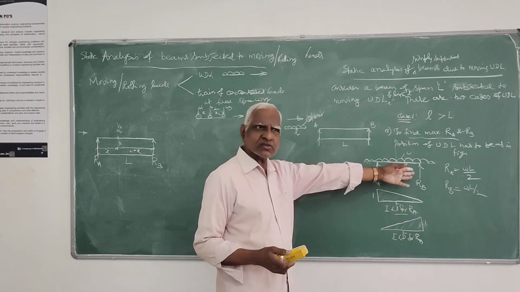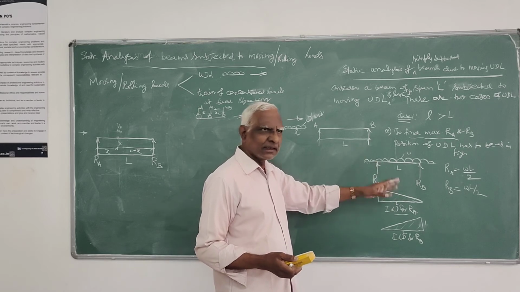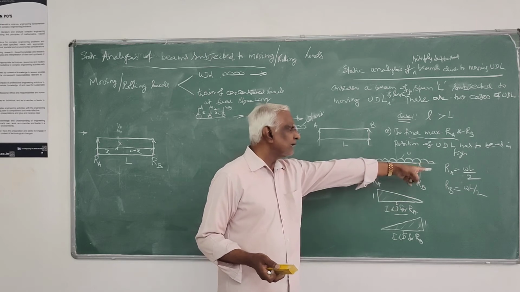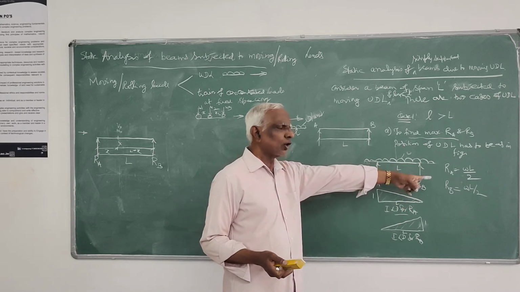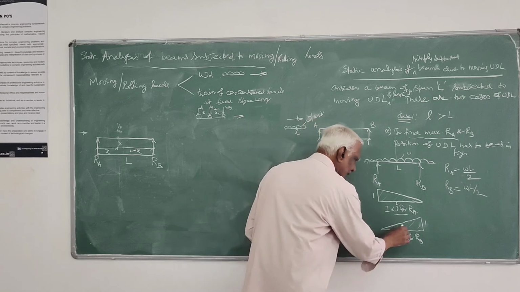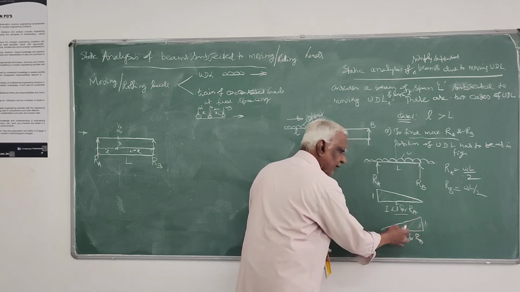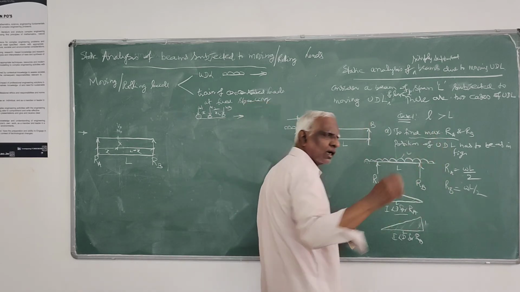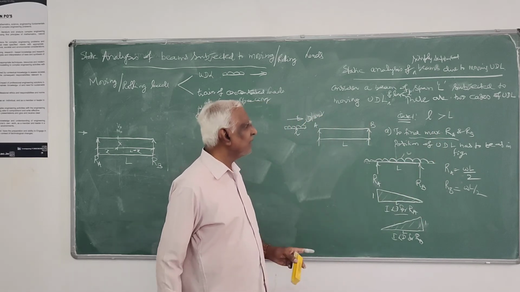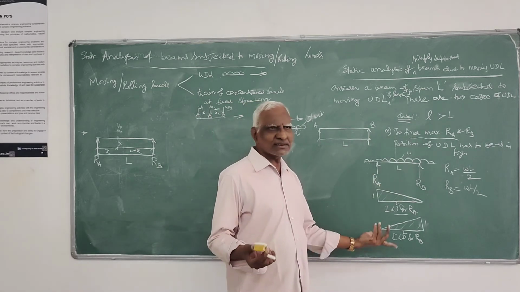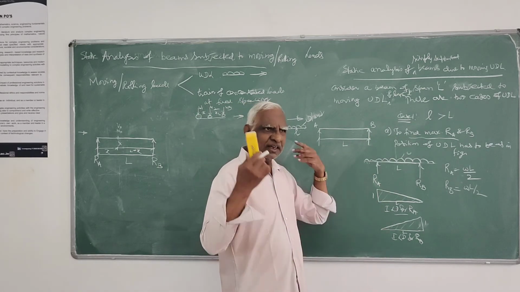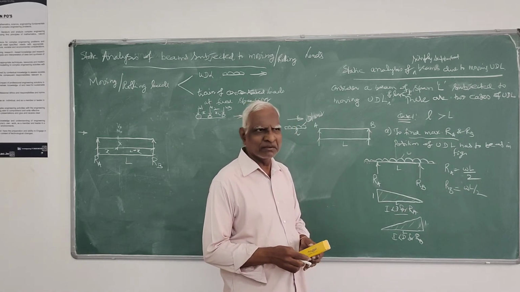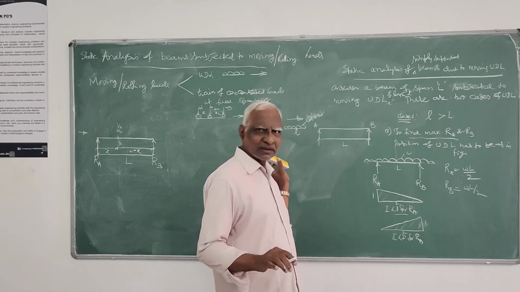Using the influence line diagram also you are getting the same. So using ILD, we get RA equals wL by 2, RB equals wL by 2. Because this area is also half into 1 into L, that is L by 2, multiplied by the intensity of the load. That is your RB. So RA and RB you know. This itself has to be the maximum. Therefore, the absolute maximum reaction is also wL by 2 only. So the first part is over.